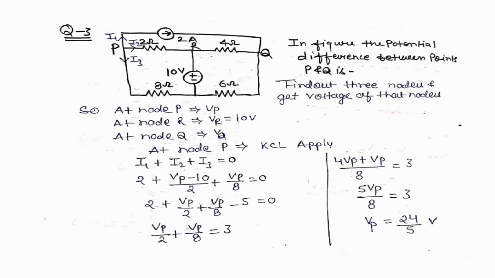So in this question we will see in the figure the potential difference between P and Q. The potential difference we want is between P and Q. So first of all, step 1, we decide which method is suitable for this. Here you see, if you choose the KVL method, this current source interrupts the loop, and because of this current source more complications happen if you get the solution from the KVL method. So that's why you choose the KCL method.